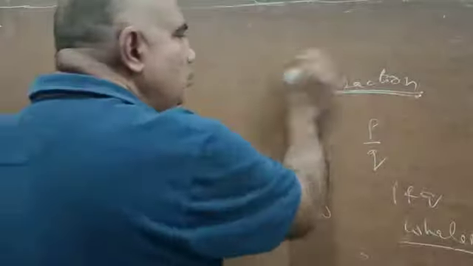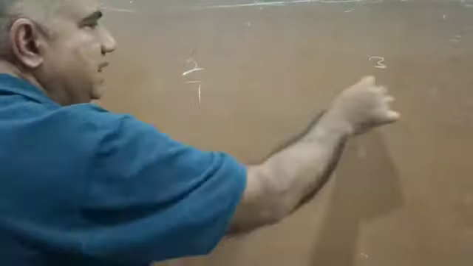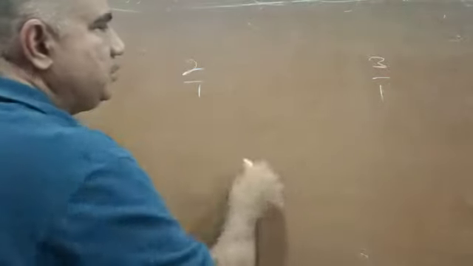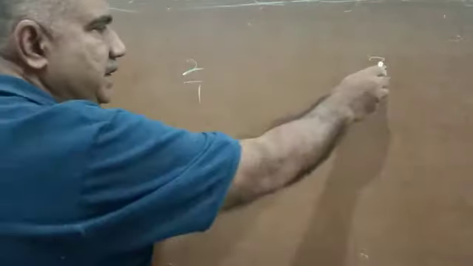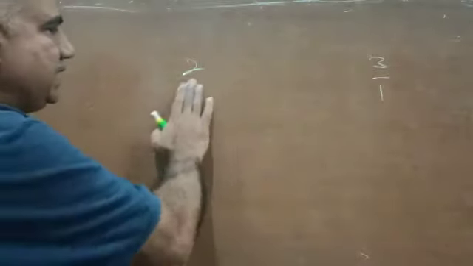Now we will see how to insert rational numbers between two given numbers. Suppose you are given 2 and 3. We have already studied, if I write 2 by 1 and here write 3 by 1, so integer upon integer, integer upon integer, and also q in both the cases is not 0. So 2 and 3 can very much be called rational numbers. If I want to insert some more rational numbers between these two, first of all let me tell you, infinitely many rational numbers can be inserted between two given numbers.